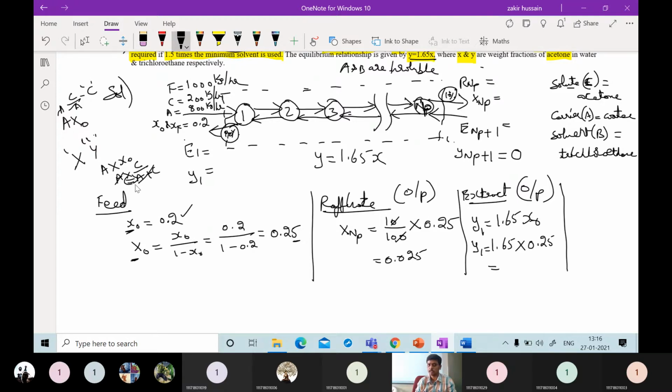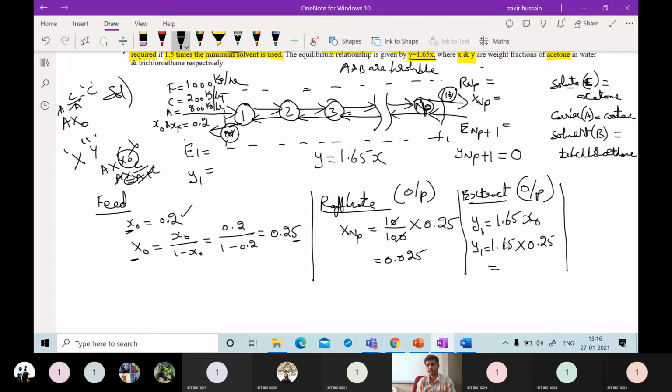So here it will not cancel like this. It will not be cancelled. For this convenience only, we have used weight ratios instead of weight fractions. So we cannot use small x naught since this is the immiscible case. For the miscible cases, we can use small x naughts. Is that okay?